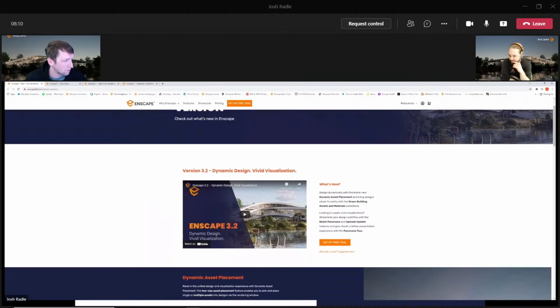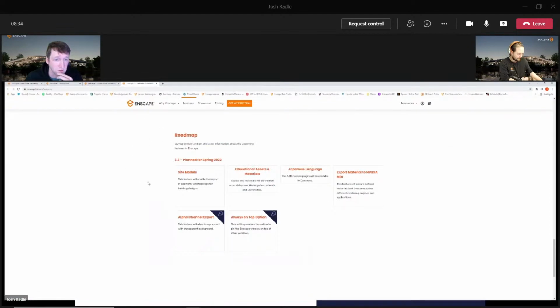You have one, Josh? Is there functionality with 3D Google Earth Topo? I'm wondering if that's in regards to taking Google Earth into SketchUp, and then into Enscape. Yeah, it would read it because it'd be 3D geometry. But if we have a look at our features for 3.3, there's something that you guys might want to look at called site models. We've got something brewing. Yep, something in 3.3 is coming.